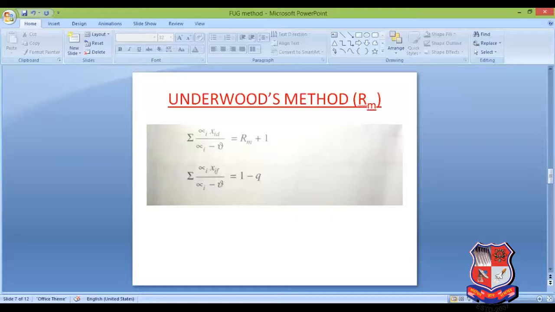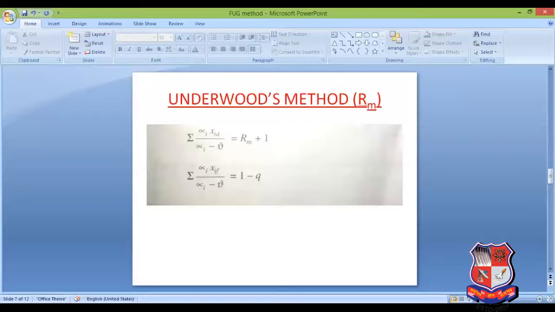Now this theta you need to determine with the help of trial and error. Say if there are 4 components in the feed, right? In the left hand side you have 4 terms, and it should be equal to the right hand side, right? So you have to go by trial and error. Now suppose you have to assume a certain value of theta. So what should your assumption be, right? See, the guess can be a wild guess or an educated guess, right?